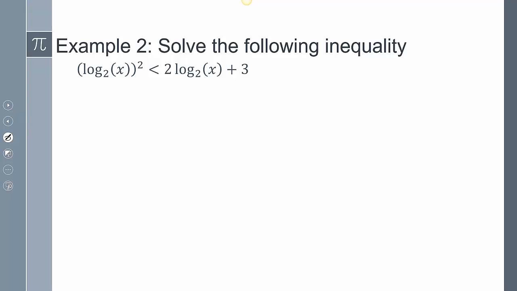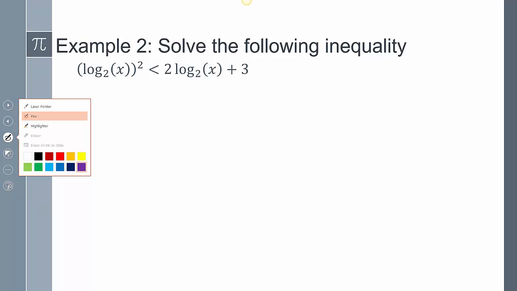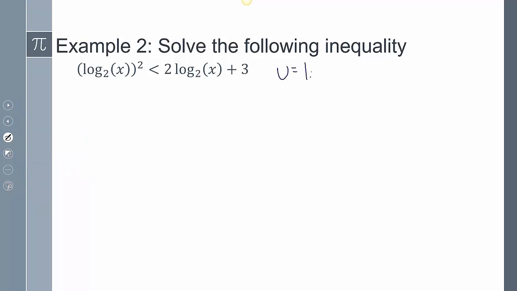This next one, now it looks like I see this log squared and it almost looks quadratic. So what if I say u equals log base 2 of x? Well, now it's going to give me u squared is less than 2u plus 3. Now it definitely looks quadratic. And just by checking this out very quickly, I was able to verify that. So if I bring everything to one side,